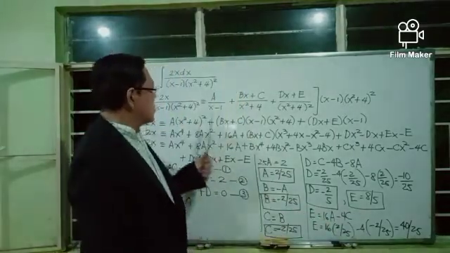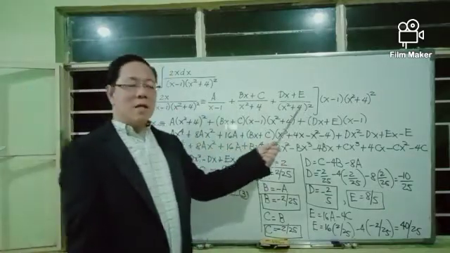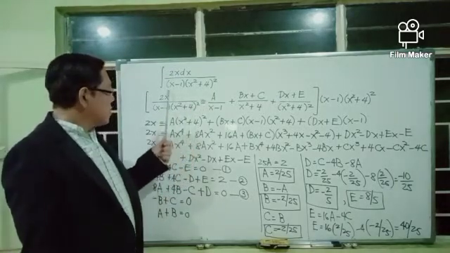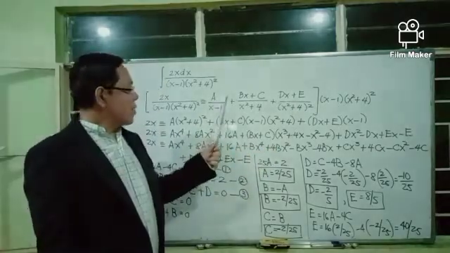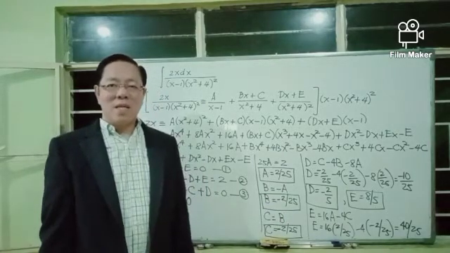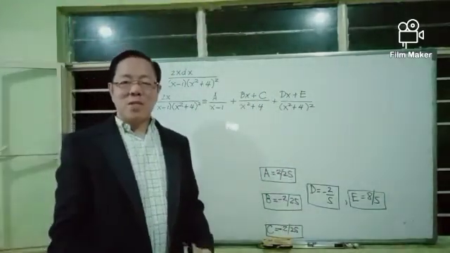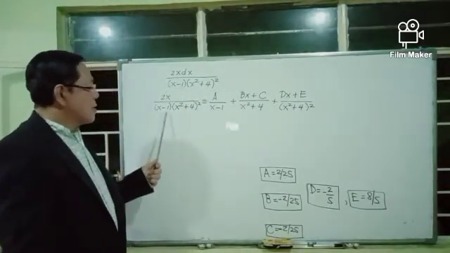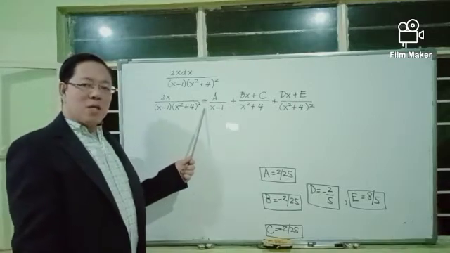Now we will substitute the values of the constants a, b, c, d, e in here, and we change this to equality. This rational expression is now equal to the sum of partial fractions with the values of a, b, c, d, e substituted. And we will integrate both sides with respect to x. Now substitute the values of a, b, c, d, e in this expression. Now this rational expression, which is the integrand of the given integral, is now equal to